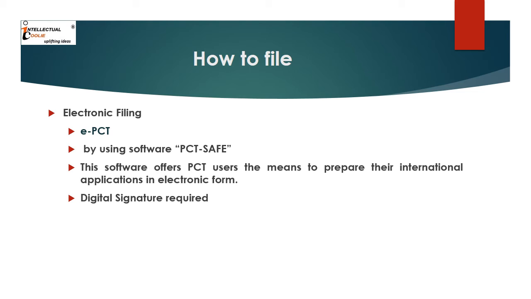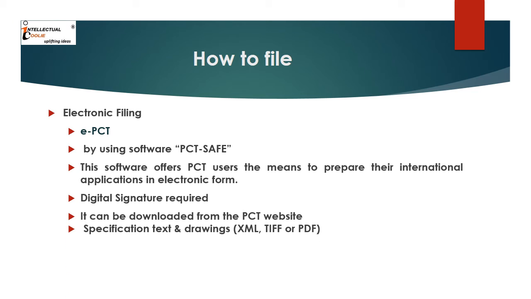There are a lot of user manuals in PCT wherein you can prepare your international application. Because you already have your draft filed in India, you can use that same draft and just use this software to prepare the PCT format of your application. And a digital signature is required to file a patent for second-level authorization. Then it can be downloaded from the PCT website, and the specification text and drawings should be in any of these